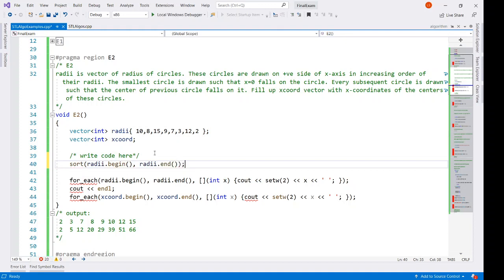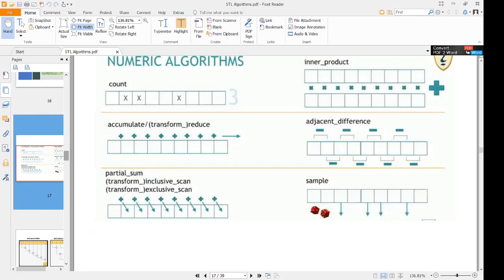Okay. And now what can we use from the given algorithms that will serve our purpose, right? So if we visit the presentation that we used, there is an inclusive scan algorithm, right? This inclusive scan does exactly what we want to do. It takes the first value, it takes the current value, adds the previous sum to it, takes the current value, adds the previous sum to it. Like that, it does it, right?